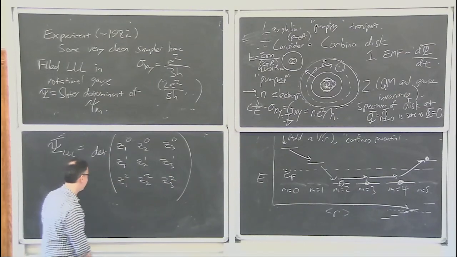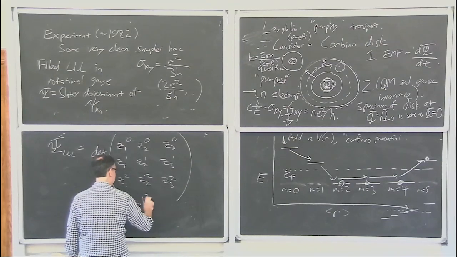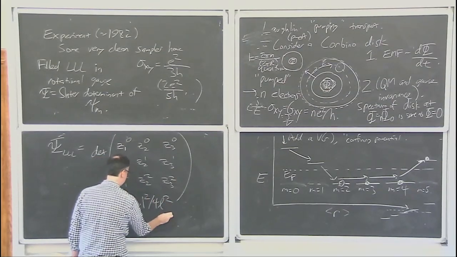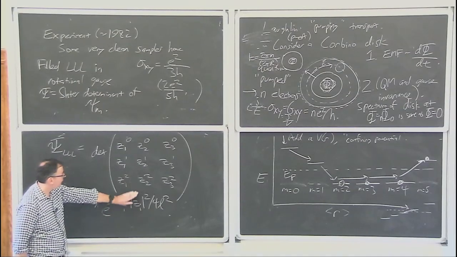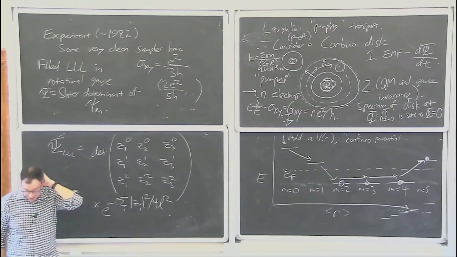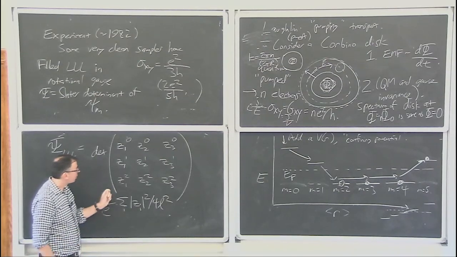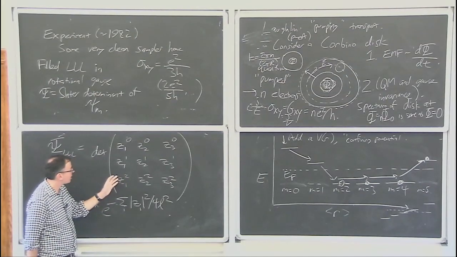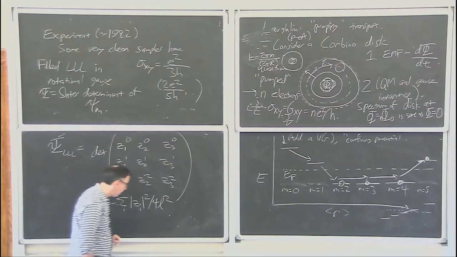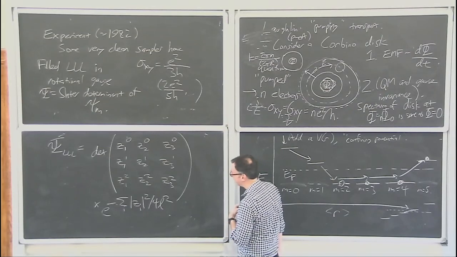And this all multiplies times e to the minus sum over i magnitude z_i squared over 4l squared. Because the exponential factor I get doesn't care about m. So just to remind you, the point of Slater determinants is this is a trick to make wave functions out of single electron orbitals, and the wave functions will automatically have the property that if I exchange two particles, I get a minus sign, for the mathematical reason that if I exchange two rows or columns of a determinant, I get a minus sign. But there's actually a maybe easier way to write this than to do the whole determinant,